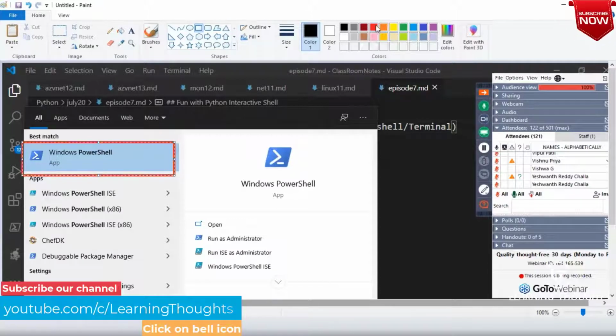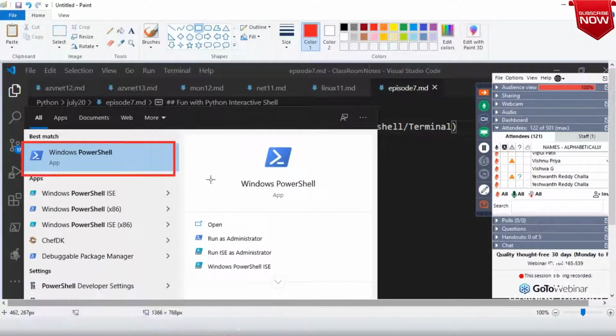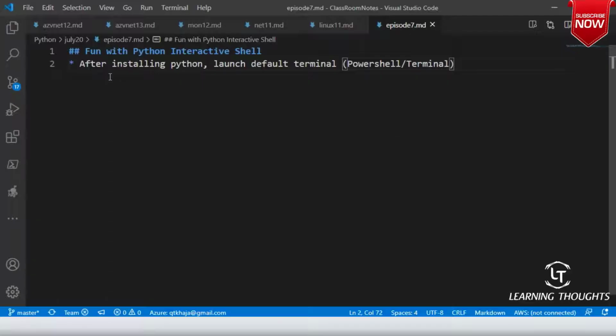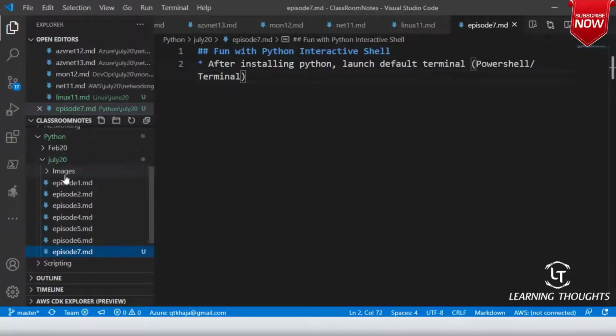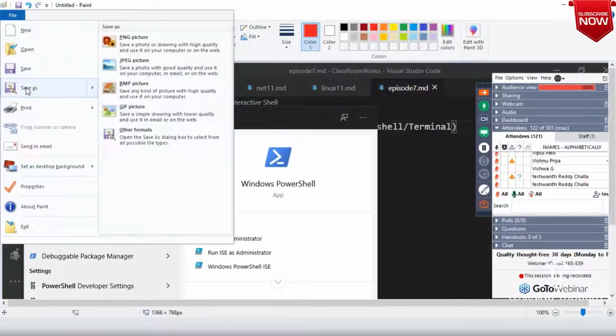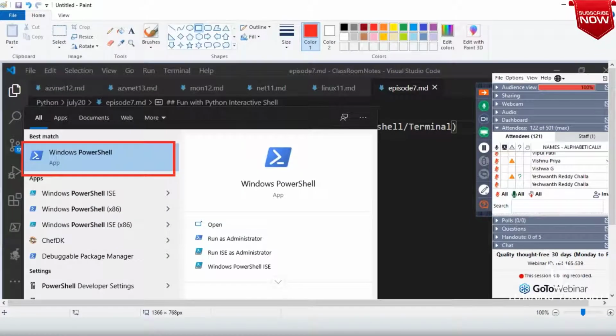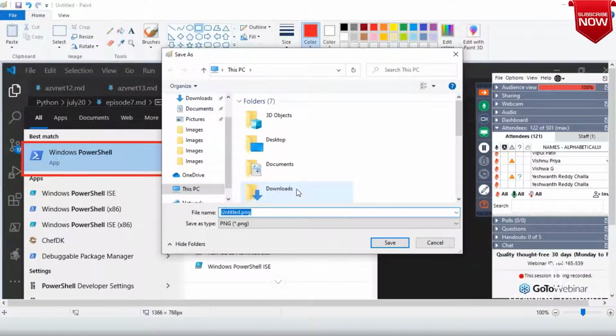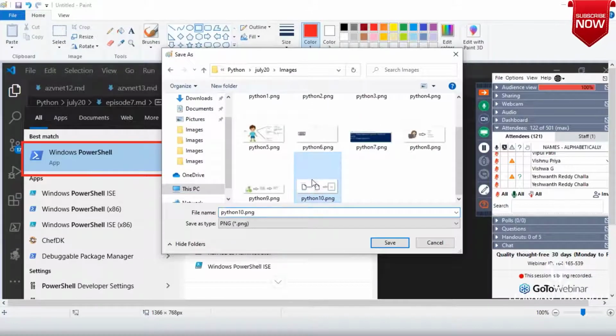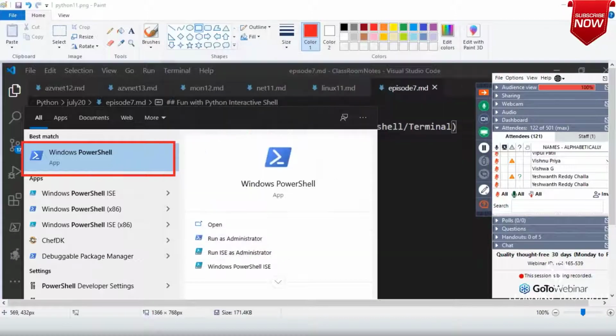If you run the Python shell as an administrator, it would be good, but for whatever we are trying to do, it doesn't matter whether you are doing it as an administrator or as a normal user. Let me save this image. File, save as PNG. Python 11.